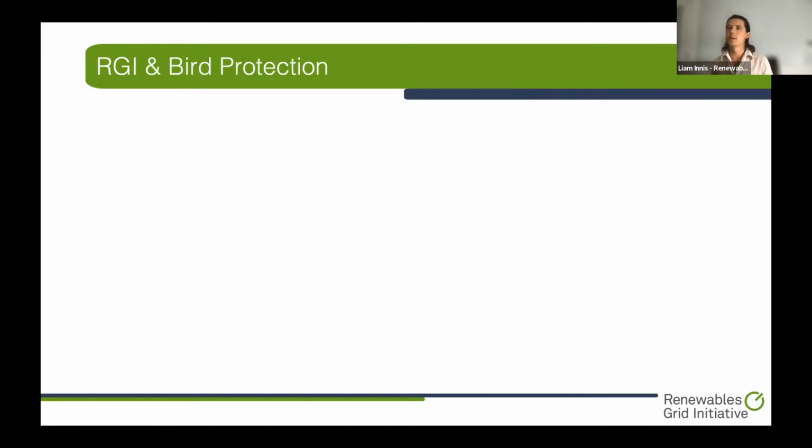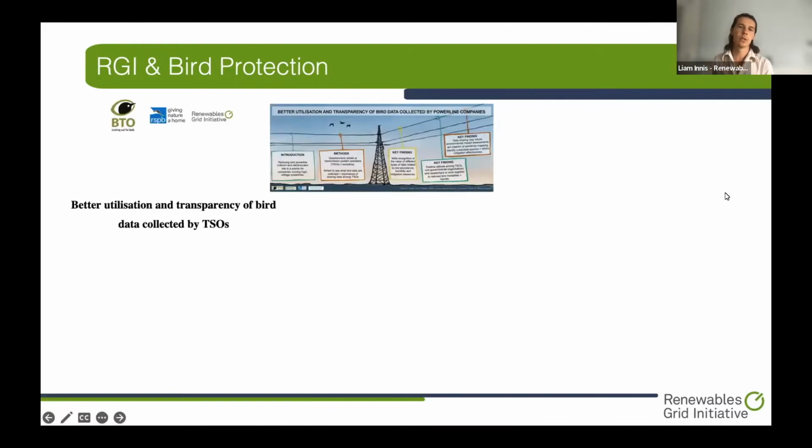It makes sense that as we work on the environment and the grid, we also look at all of the interactions between energy and nature. And for sure, one of the main things that we look at and have done historically is how to protect birds around the grid. This has fed into many activities over the years, which includes, for example, a scientific study done with the BTO, the British Trust for Ornithology, and the RSPB, the Royal Society for the Protection of Birds in the UK,